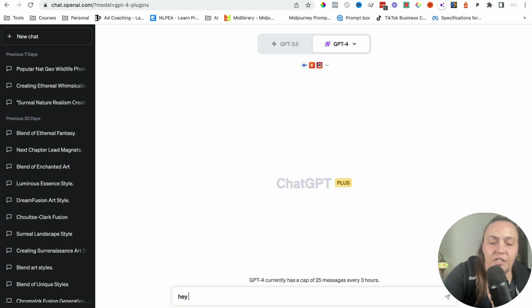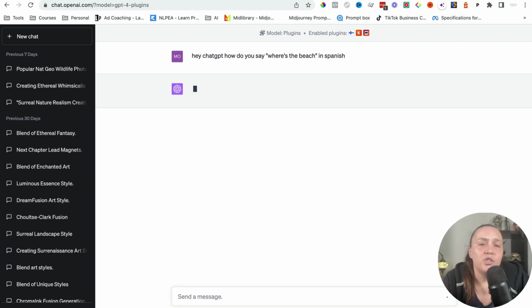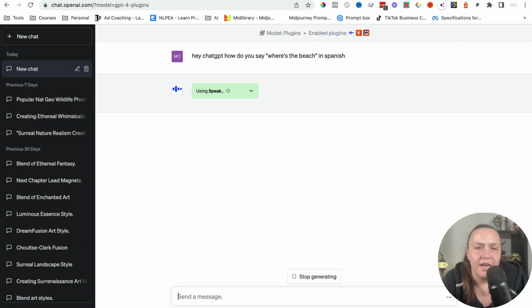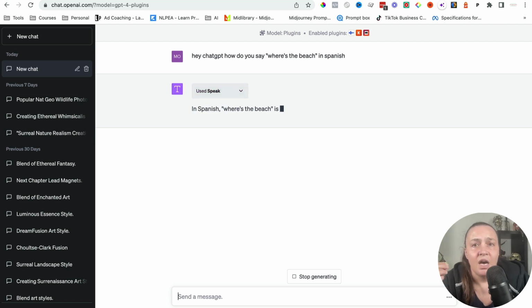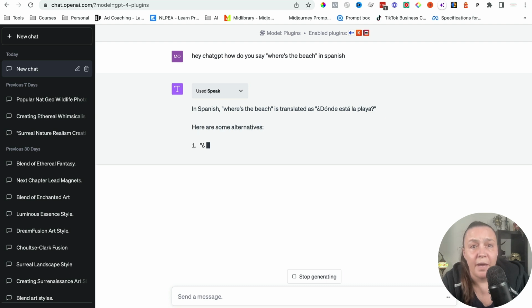Let's say, hey, ChatGPT, how do you say where is the beach in Spanish? Okay, now as long as you have a plugin that can translate, ChatGPT will select the correct plugin. You don't have to specify, hey, can you use this specific plugin? In this case, I have Speak installed, so ChatGPT understands that I want to translate something from English into Spanish,